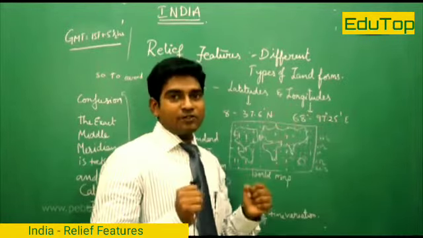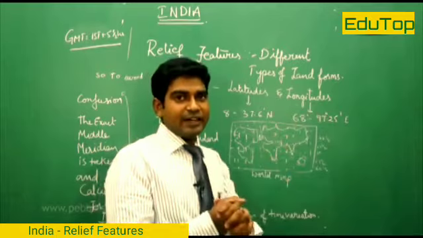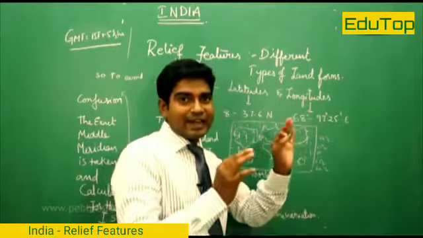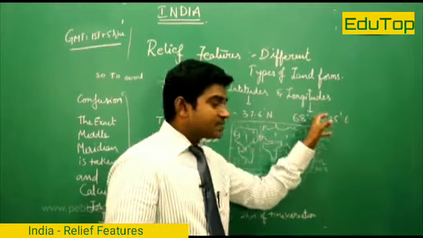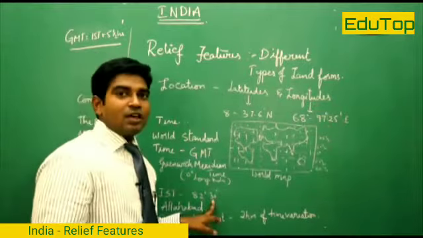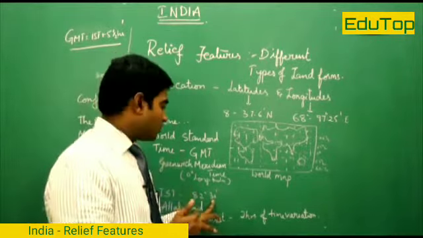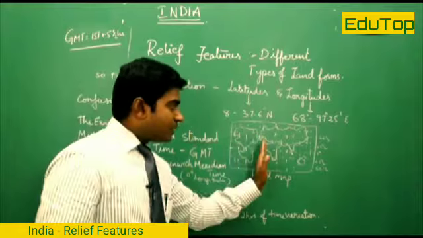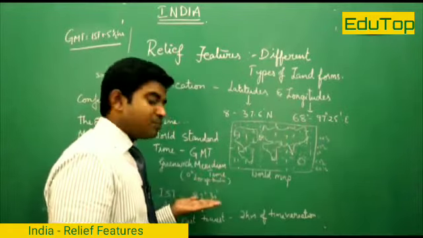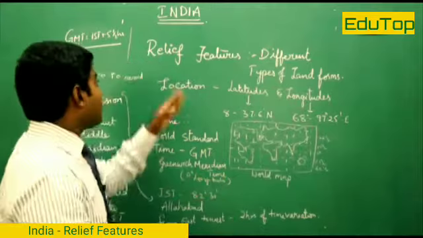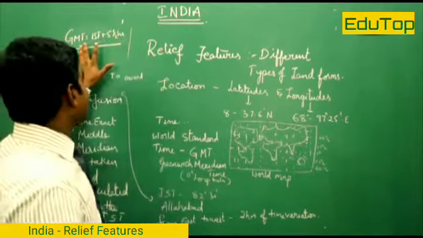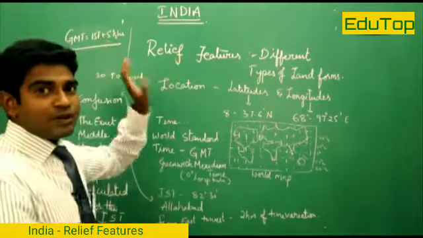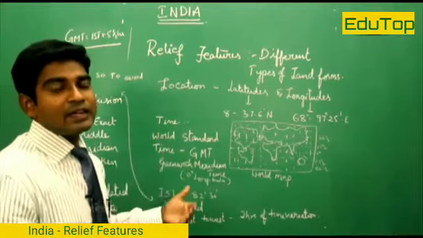So to avoid such confusions, our great meteorologists made a detailed analysis of this and came to a conclusion: let us take the exact half mark between 68 and 97, that is 82 degrees 30 minutes, as the Indian standard time for the calculation of the Indian time zone along with the world time zones. So when we take it from the 0 degree Greenwich meridian time zone to our Indian standard time zone, that is 82 degrees 30 minutes, you have a gap of nearly 5.5 hours between Indian standard time and Greenwich meridian standard time.